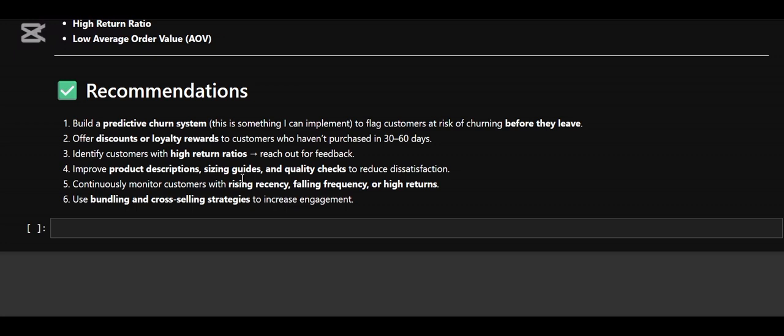And then the final one that I'll be saying, which was mentioned last week, is using bundling and cross-selling strategies to increase engagement. This can never get old, so we can do that to improve